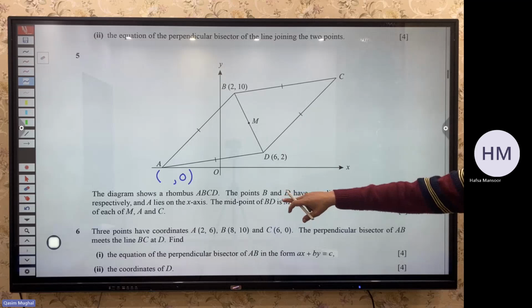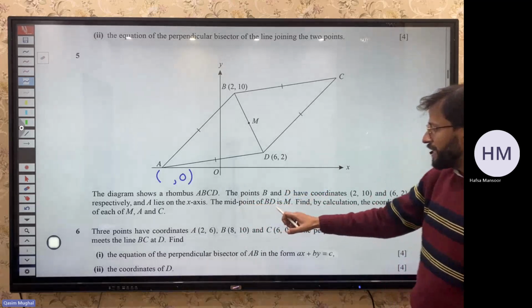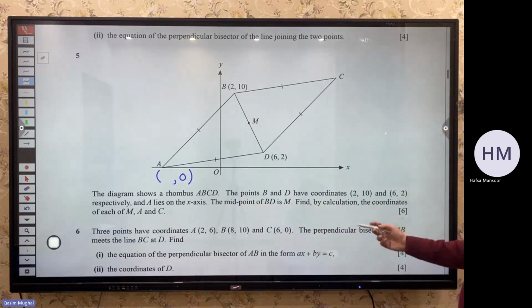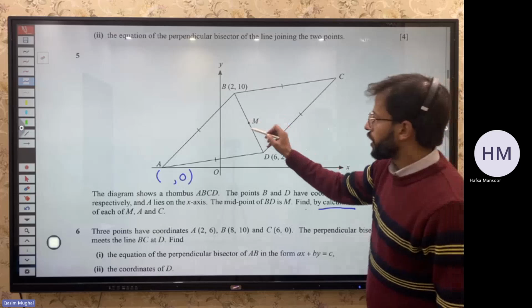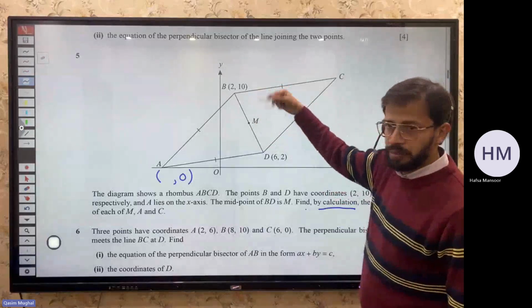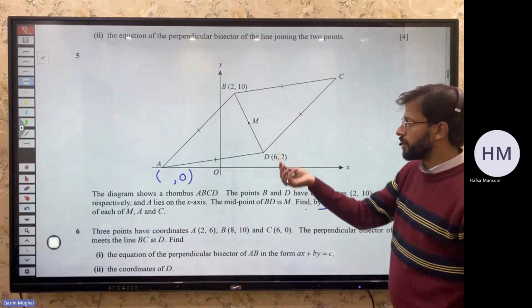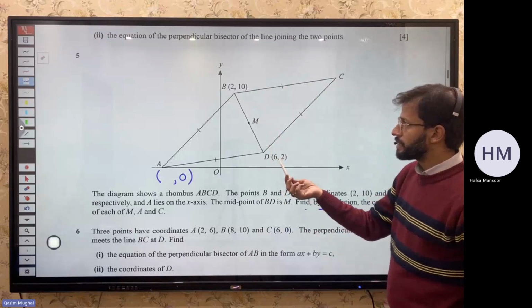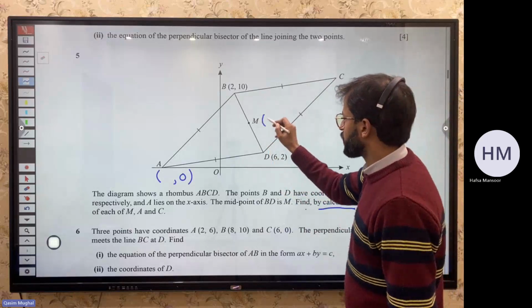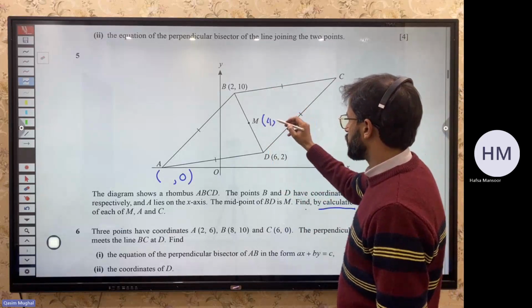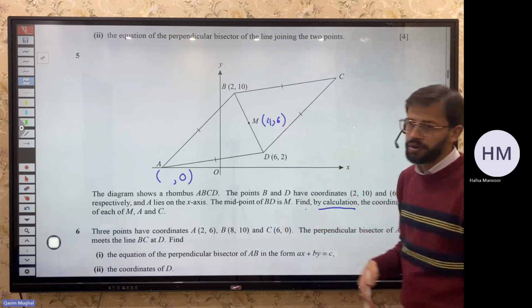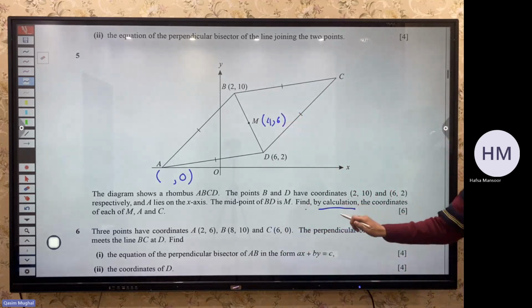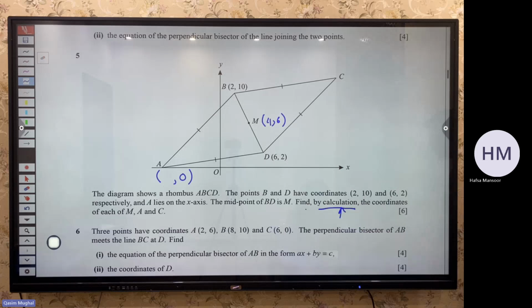मैंने अभी क्वेश्चन पढ़ना स्टार्ट किया तो आइडिया हुआ है. Okay, the midpoint of BD is M. Find by calculation the coordinates of each M, A and C. Okay, M is the midpoint of B and D, so midpoint निकालना है आपने, simple. So 2 and 6 is 8. 8 का half क्या आएगा बेटा? 4 and 10 and 2 is 12, इसका हाफ 6 आ गया। तो M के कोऑर्डिनेट्स आपने, लेकिन आपने वर्किंग शो करनी है, इसने यहाँ मेंशन किया हुआ है, शो बाय कैलकुलेशन, he needs to see the working. ठीक हो गया? अच्छा।